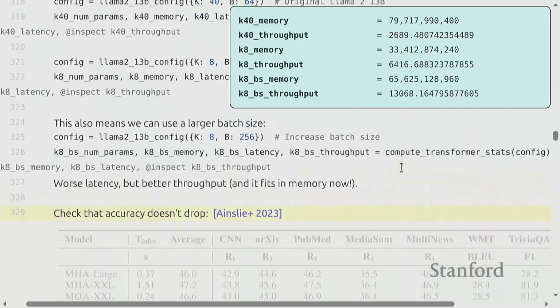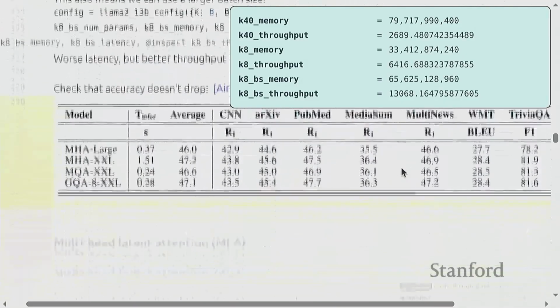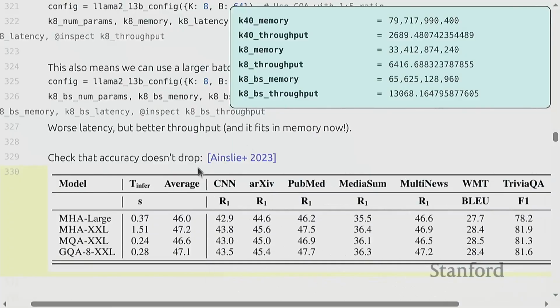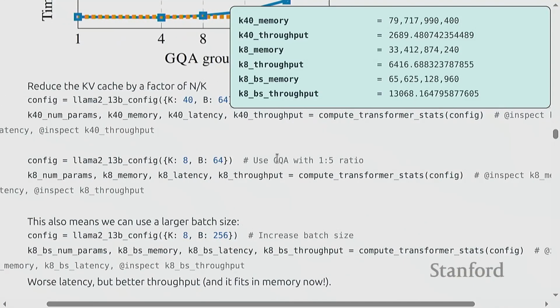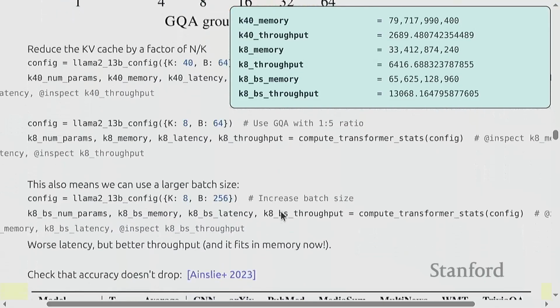Okay, so that's wonderful. We also have to make sure the accuracy doesn't drop. So this is the original paper that shows this is full attention, this is GQA. The time is much less, but the accuracy is basically the same. Okay. Now, what actually happened? So Llama 2 did not use this ratio, but Llama 3 actually picked up GQA, probably motivated by the inference costs. Actually, Llama 2, I think the large model did have GQA, but not the smaller ones.